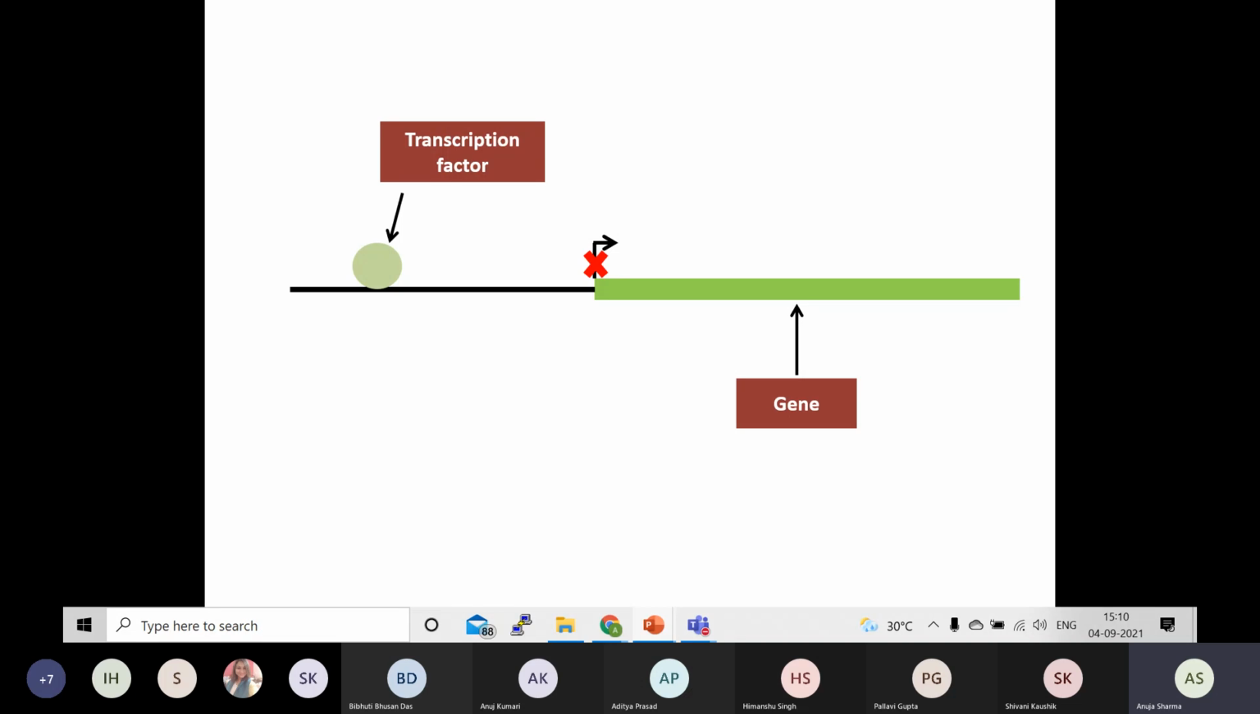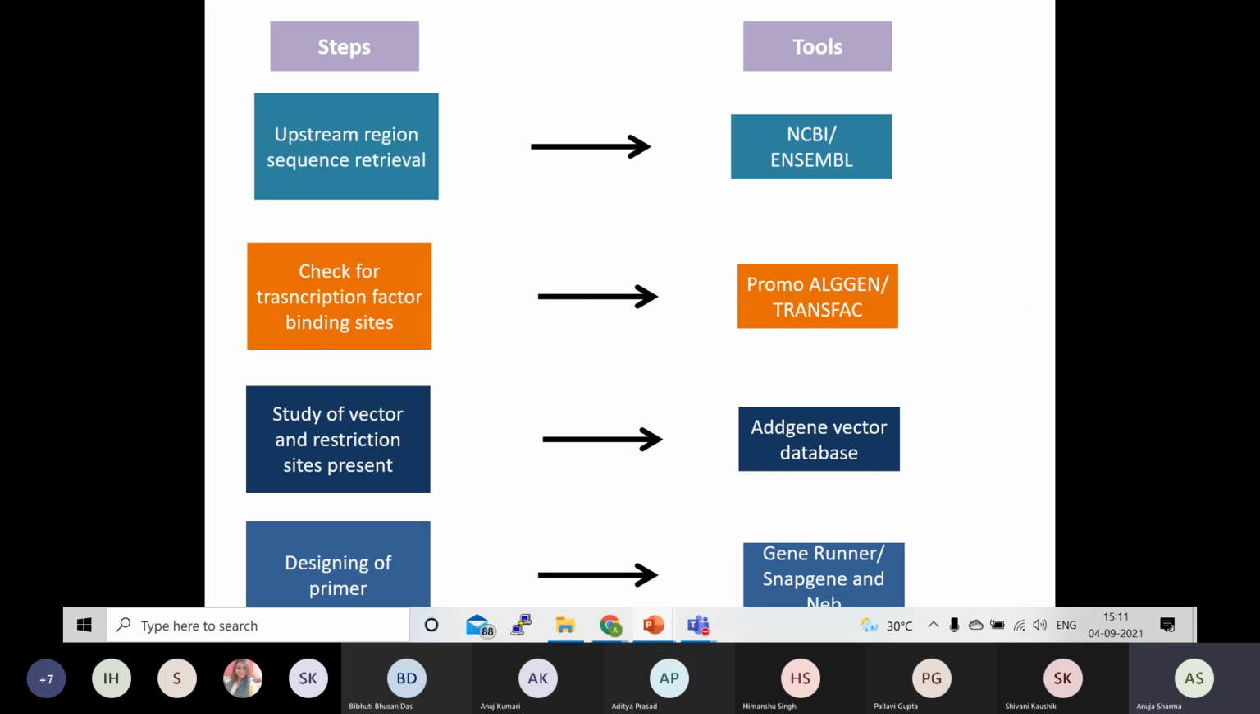In order to do so, we need to design primers for cloning the binding region of the transcription factor, which basically includes four steps. So I'm going to tell each one of it, but I'm going to show one slide which shows all of these steps and the tools which we will be using, and other tools which you can also use. So starting off the steps, first step is basically you need to retrieve the sequence of upstream region